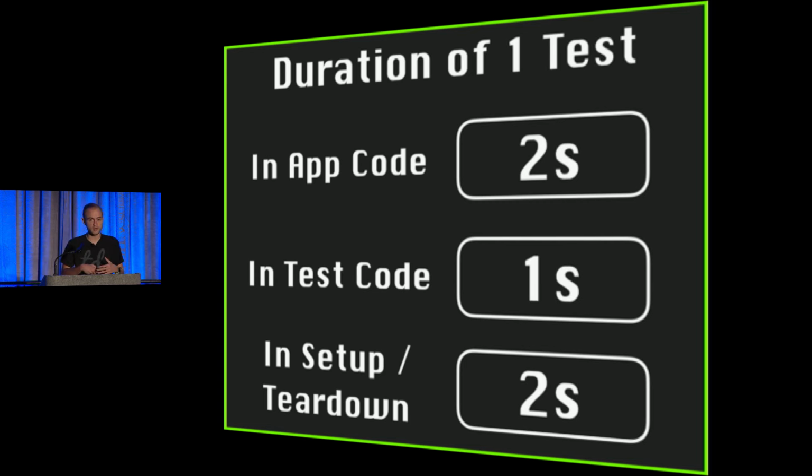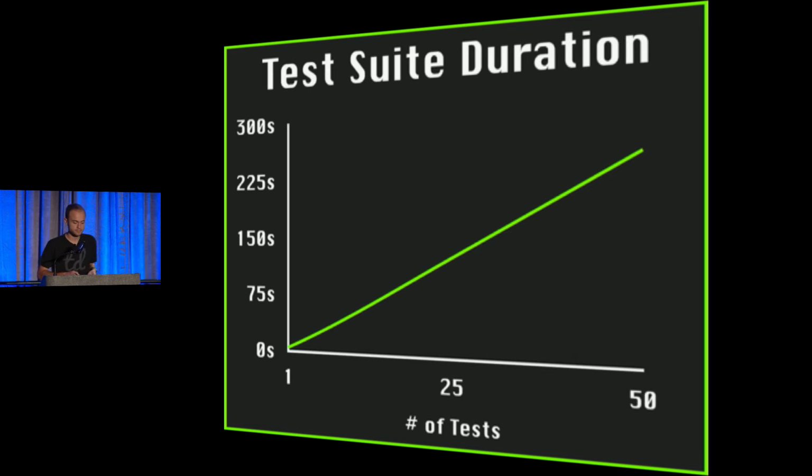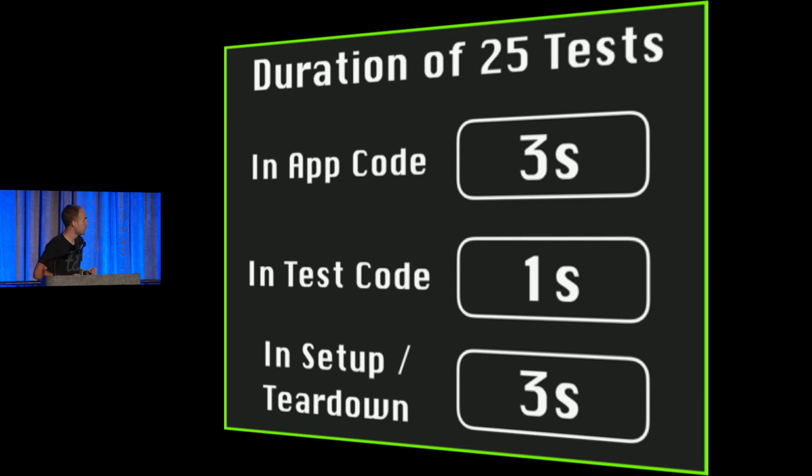So if you imagine us writing 5 of these big integration tests, maybe the app gets bigger, so the app gets slower, and the setup and teardown is concerned with more test data, so that gets a little slower too. And now this first test that we didn't actually change, it's identical, went from taking 5 seconds of wall time to run, and it now takes, 7? And even in the beginning, you'll see a slight deviation from your expectation that the build should grow linearly as you add tests.